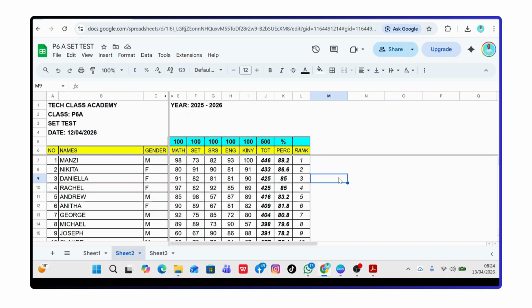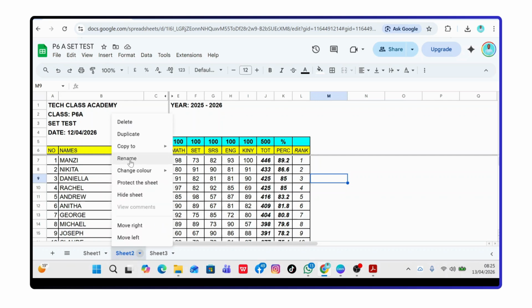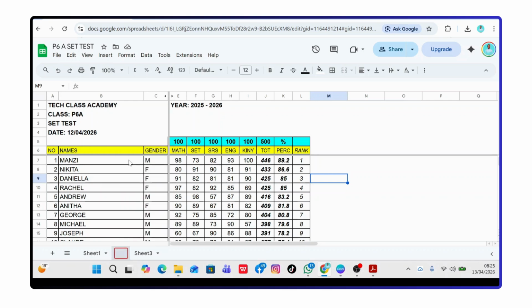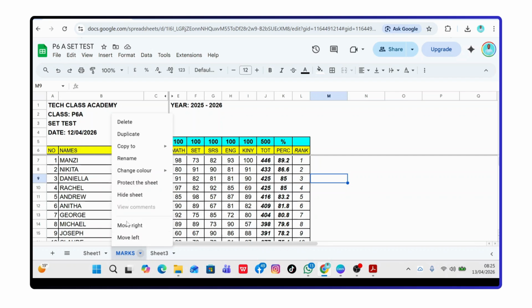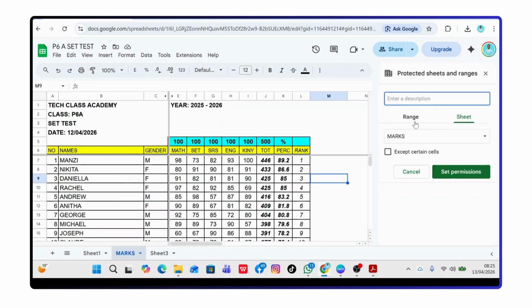Now let me show you how you can protect your sheets. This sheet, I can rename it. For example, first of all, I call it, for example, Max. Then I want to protect it. So even if a person has access to this document, when I right click on this and I go to protect the sheet like this, and I come here to set permission,